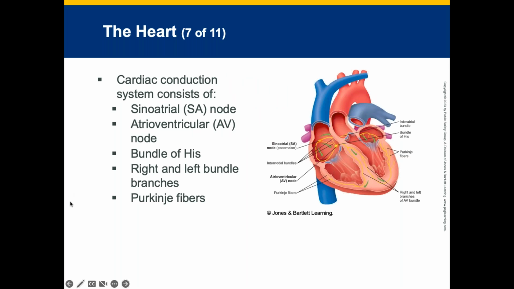All right, the cardiac conduction system consists of 6 parts. The first one is the sinoatrial node, the SA node. The SA node has an intrinsic rate of 60 to 100 beats per minute. Then you have the AV node, which is the atrioventricular node, which has an intrinsic rate of 40 to 60 beats per minute. Then you have the bundle of His, which in turn branches down to the right and left bundle branches, which go into the Purkinje fibers, which have an intrinsic rate of 15 to 20 or 15 to 30 beats per minute, depending on what